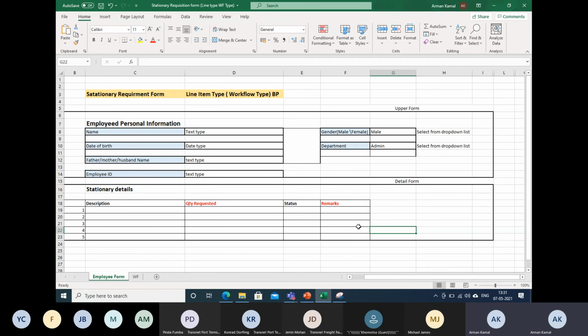Depending upon the customer's requirement, you have to decide which BP you need to prepare. If someone is requesting only one BP for approvals, only for laptop, no need to go for a line item BP. You will simply create a simple BP.